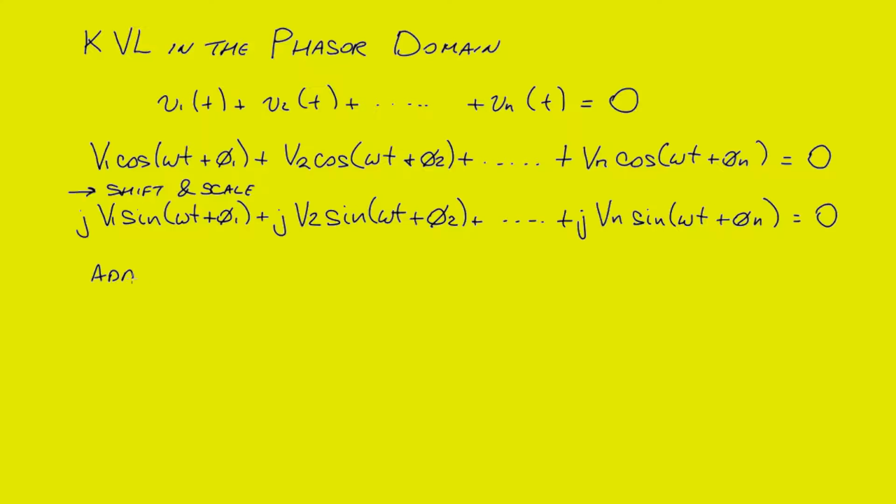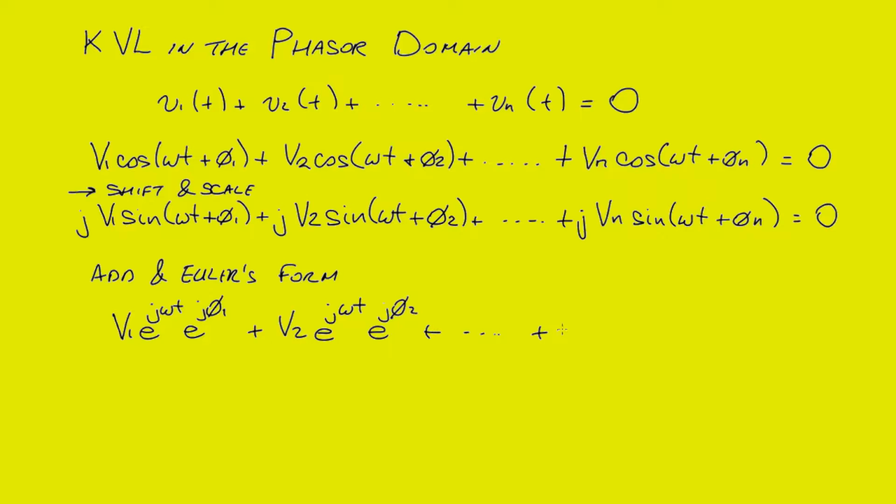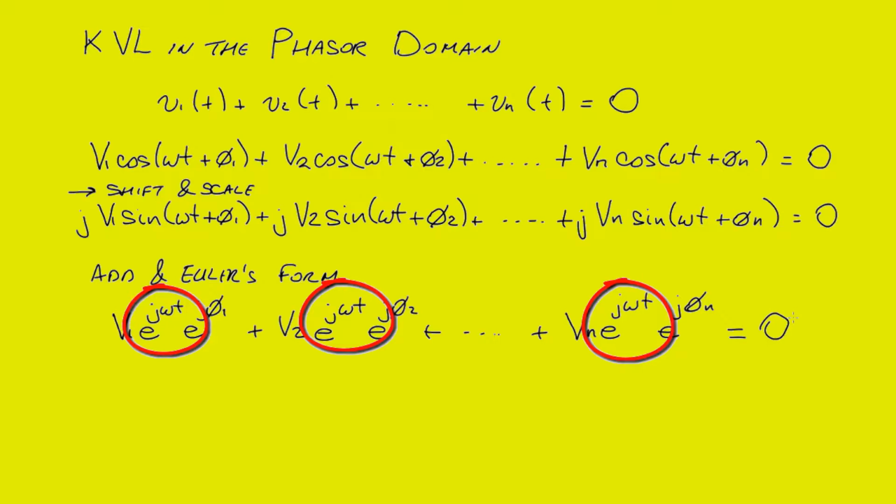I can add these two terms together and use Euler's form to express the equation as V1 e to the j omega t e to the j angle 1 plus V2 e to the j omega t e to the j angle 2 plus all the way down to Vn e to the j omega t e to the j angle n for the nth term should all add to 0. Now when we go to the phasor domain, we suppress the e to the j omega t term, but you can also see that it's a common factor in every one of these, so I can simply cancel it out,